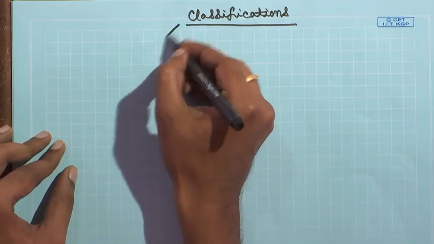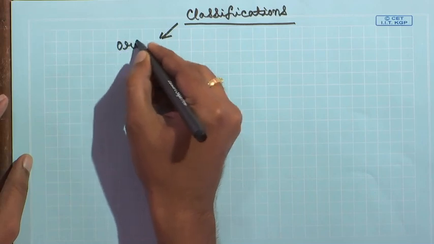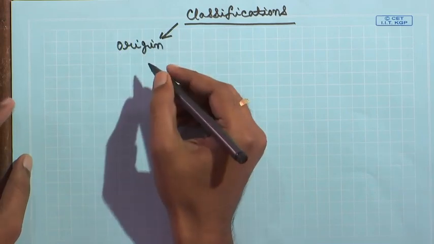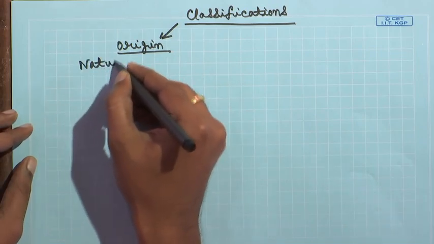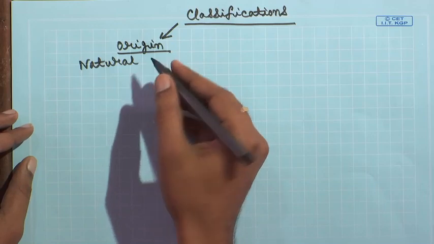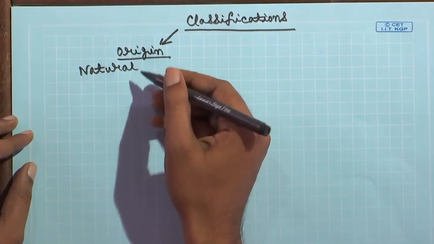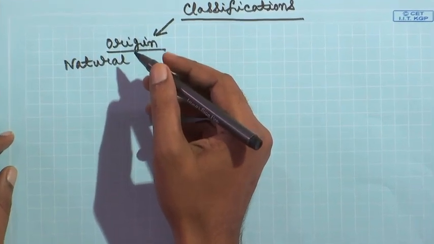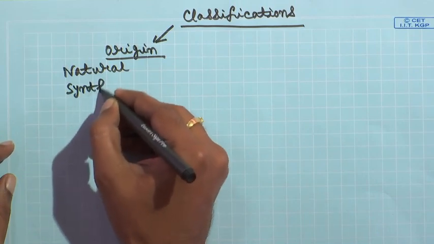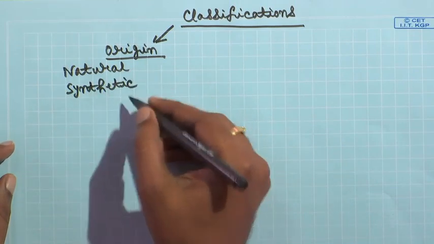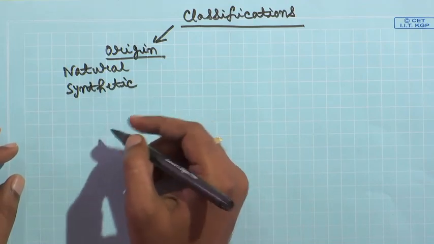Now, you can classify polymers on the basis of their origin. This is something we already discussed in the previous class. So, we can have natural polymers, say for example, polysaccharides. An example could be starch, could be cellulose. We could have natural rubbers, or completely synthetic polymers, say for example, bakelite, a condensation product of phenol and formaldehyde,